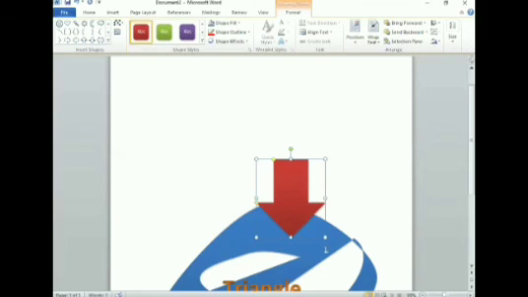So we can make the group by selecting it. How can we select the two shapes together? Firstly, select the first shape, then by pressing the shift key and mouse left click, you can select the other shape also. You can see here in the arrange group, there is the option group, or there is a shortcut key also, Control plus G to make the group.